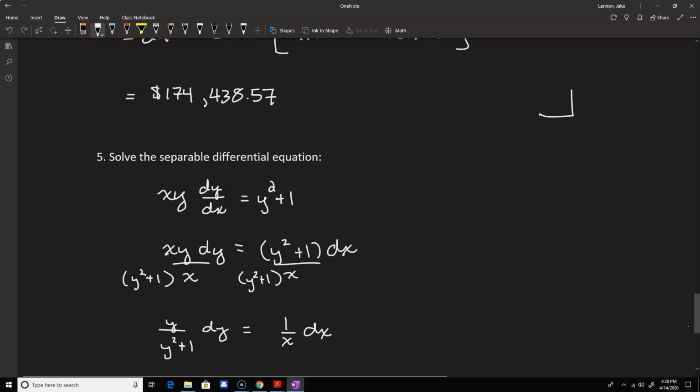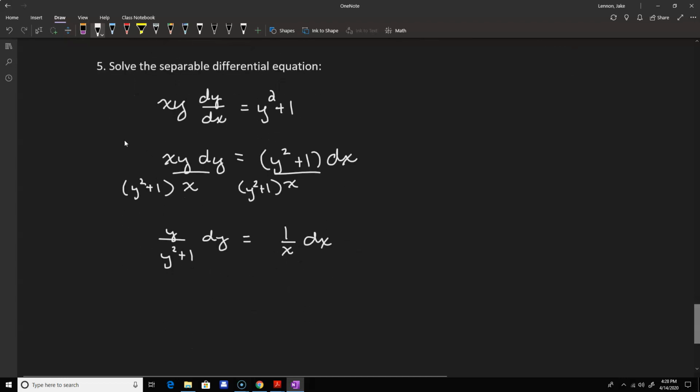So now we've separated the variables, which means we can essentially integrate both sides, meaning there's only y's on the left and x's on the right. The right-hand side integrates quite easily. That's the natural log of the absolute value of x, and we'll just leave a plus c there. On the left-hand side, we're going to have to use the chain rule. So let's write that over here, integrating